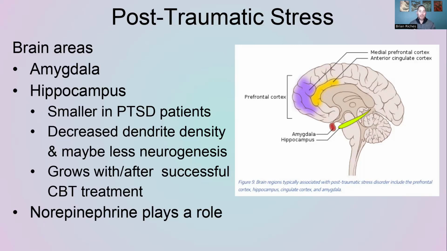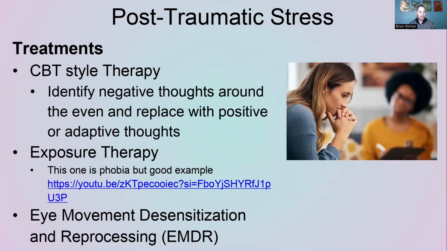So with that norepinephrine, essentially you have the hippocampus talking more directly with the amygdala, whereas it might in a person without PTSD talk around the whole rest of the brain, but it's sending through the amygdala, which is really related to things like emotions and fear responses and trauma responses. So a little bit different set of signals and set of patterns that a PTSD brain is doing than someone without PTSD. So, treatments,